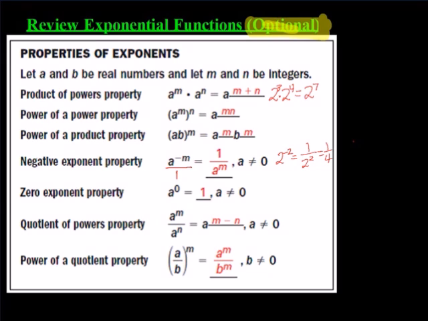If it's already at the bottom of a fraction, so let's say 1 over 2 to the negative third, then it moves up to the top. So it's going to be 2 to the third, and 2 to the third is going to be 8. So negative exponent property is going to be really important. This is just a review, but you're going to be expected to know and be able to work with each one of these. Just like anything, like with the 0 exponent, always is going to be 1,